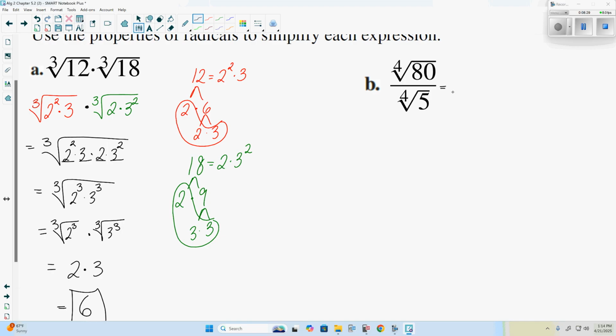So using this property of radicals, we have 2 radicals being divided by each other with the same index. We can write it as 1 radical with what's inside being divided. So the fourth root of 80 divided by the fourth root of 5, that should be a 4, not a 5, will give us the fourth root of 80 divided by 5. Well, at this point, we can divide 80 by 5. And 80 divided by 5 is